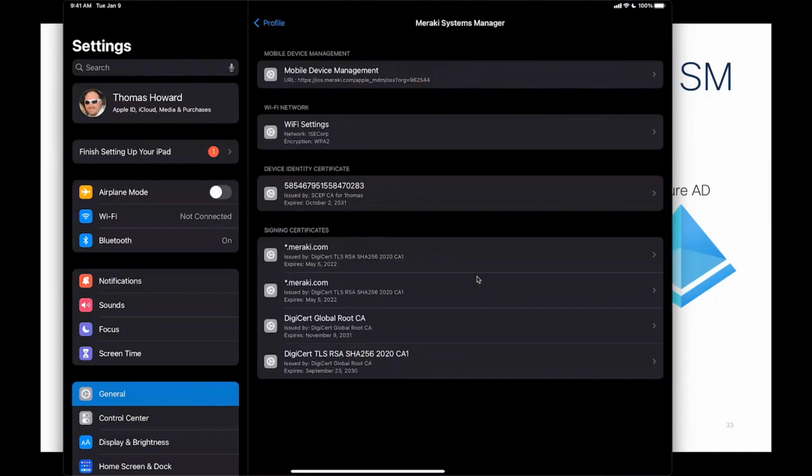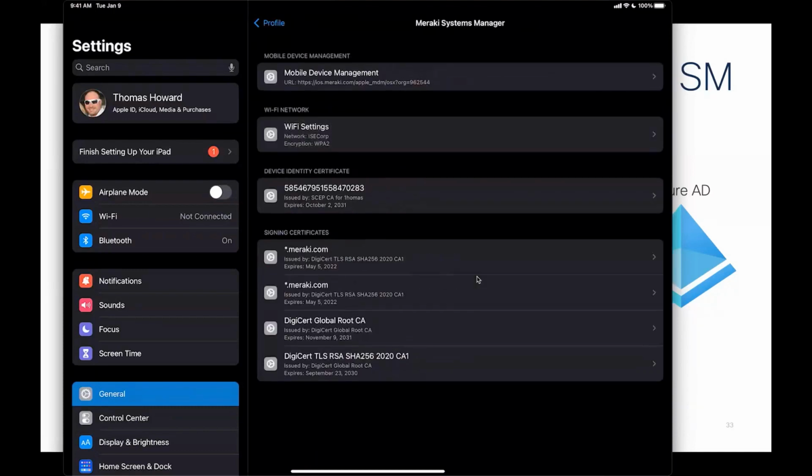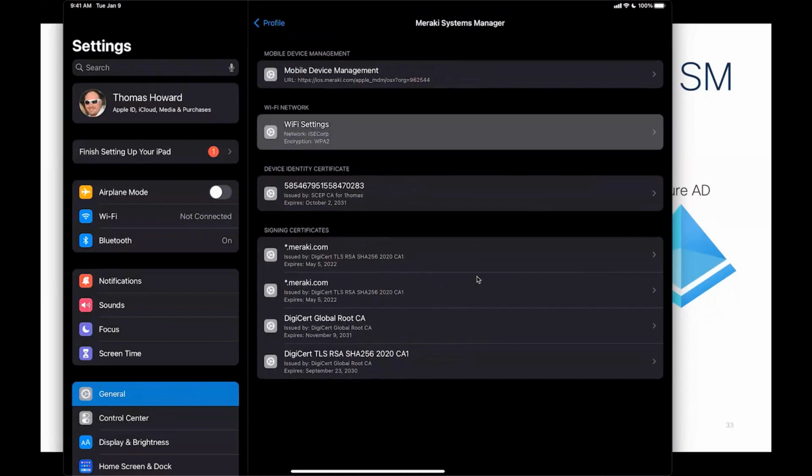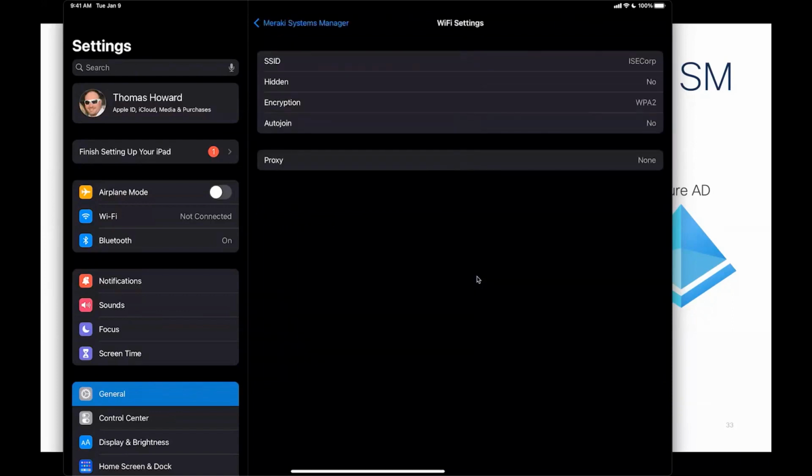And so now you can see, I don't know if it's going to highlight right there. If you look at the Wi-Fi settings, you can see it ties it to the ISE Corp SSID or network, and we're going to do WPA2 encryption on there. And I'm going to show you what the specific protocol settings are. If I drill down into there, it won't tell you anything about the specific protocol, but I'll show you what that looks like on the